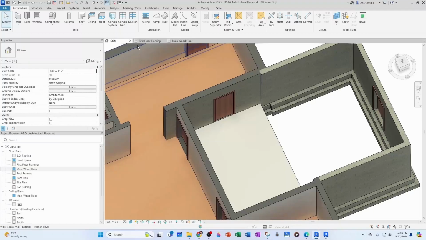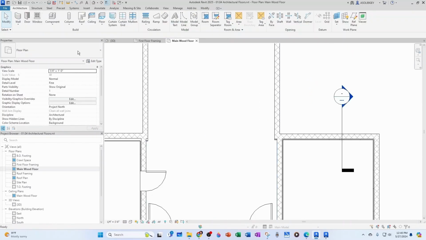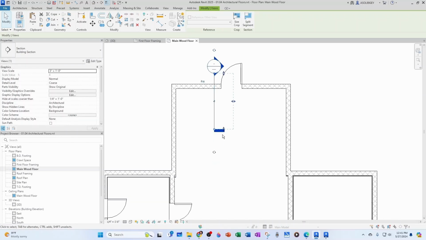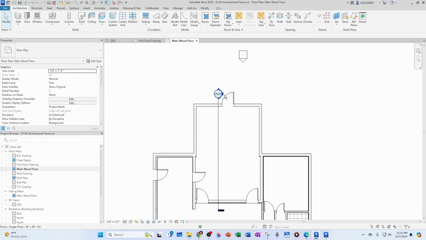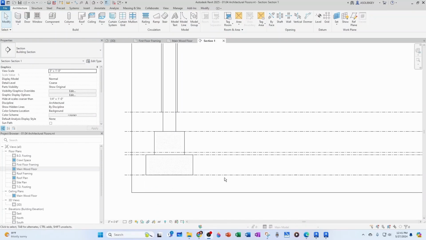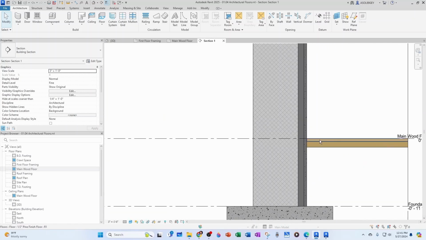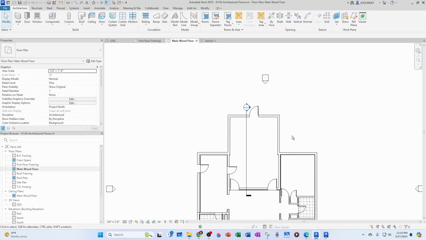Let's get started. I'm going to go to that main wood floor plan. So I'm going to cut this floor and then I'm going to paste it later. I'm going to move my section to here and I'm going to stretch it. Let's take a look. Let's set our detail level to fine, and let's shade this. So that's our main wood floor right here, and then the grade level is actually minus 110 from the wood